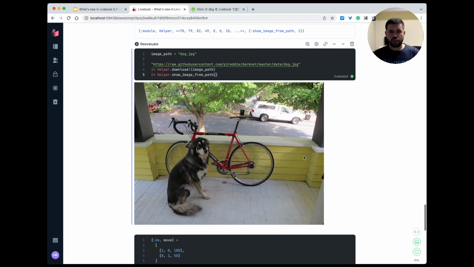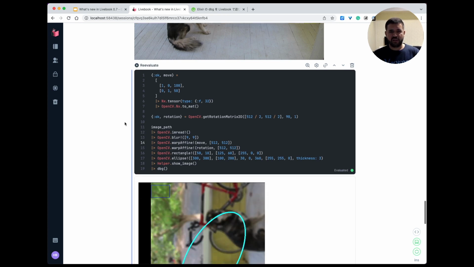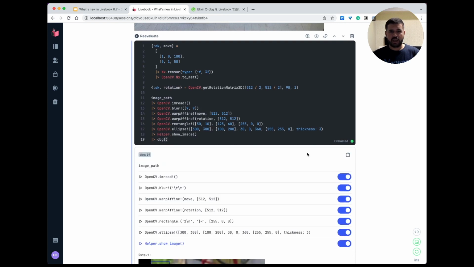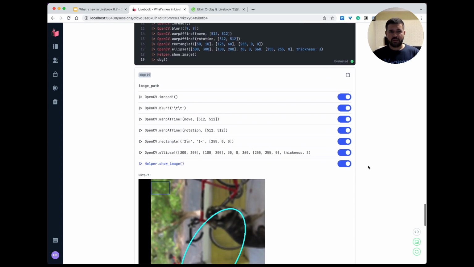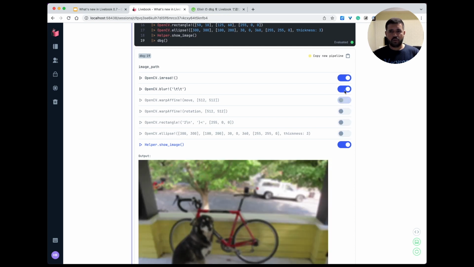So here's the image. And then he applies this pipeline, which is doing lots of different steps of image processing. Let's take a look at it. So I'm gonna evaluate it, and it's called dbg at the end. So here's the pipeline, and what I can do is I can understand what each step's doing. So first, it's just taking the image and